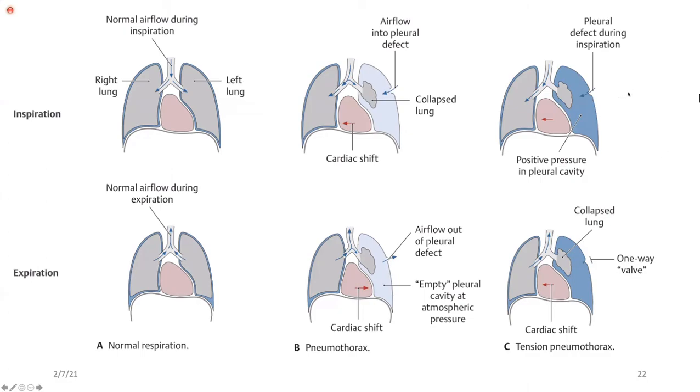So Sarah is asking, can the pleural defect be because of a fractured bone puncture? It could be anything: a fractured bone, a bullet, a gunshot, a stab, a trauma. But it's not necessarily always a trauma from outside. Maybe a bulla got ruptured. You have some disease in the lung, so a rupture occurred within the lung substance, and air starts coming out of the airway. That's possible even.